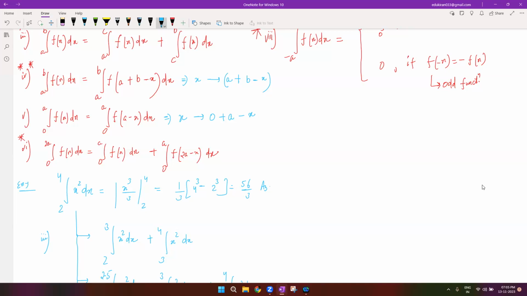Now, the sixth property says that if I'm integrating f(x) from 0 to 2a, now what is this 2a? 2a can be anything. For example, let's take an example. If I'm integrating cos x dx, and let's say I want to integrate this from